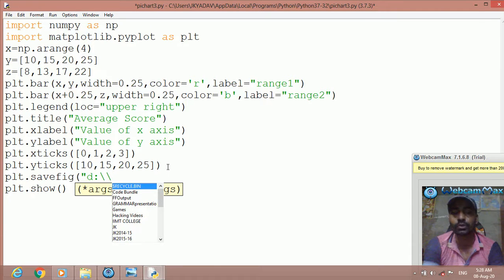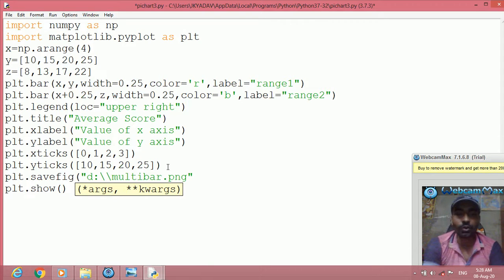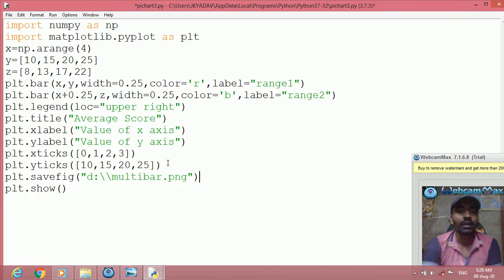Suppose we save with the name multibar, in image format, PNG, portable network graphics. Then close the parenthesis. Now you see that this figure will be saved in the D drive with the name multibar.png, and the chart will be shown.